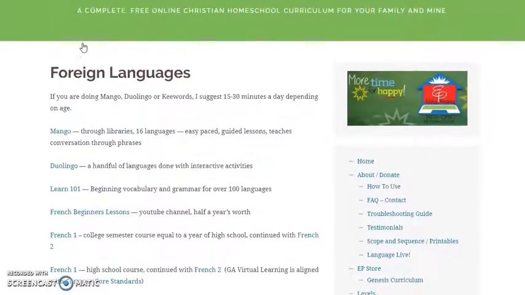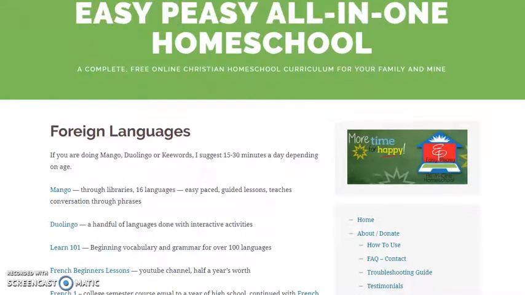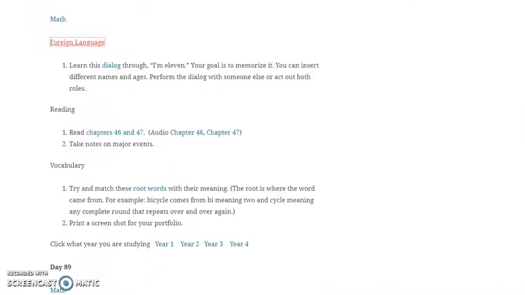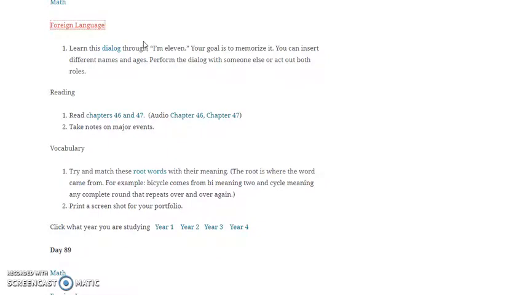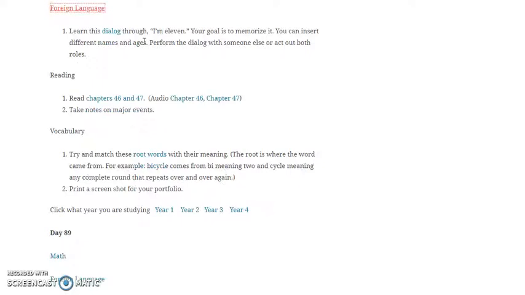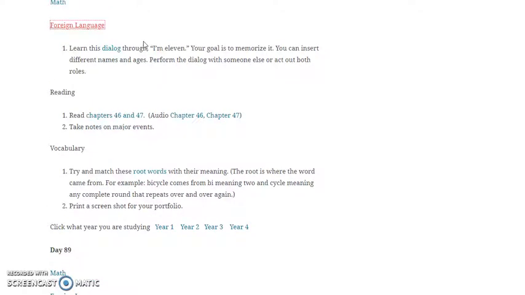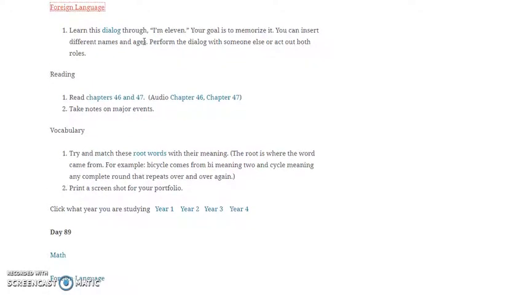So I can't help you beyond that at this point. My husband would like to make some Easy Peasy language classes in some other languages, but there's no plans for that to happen right now. This is May 2018 that I'm saying this. So we just think Spanish is the most important for Americans, and that's where most of our users are. So that's built into the courses.